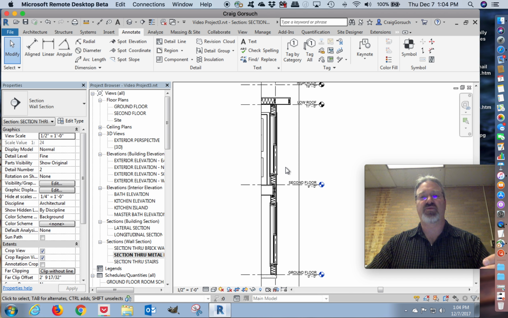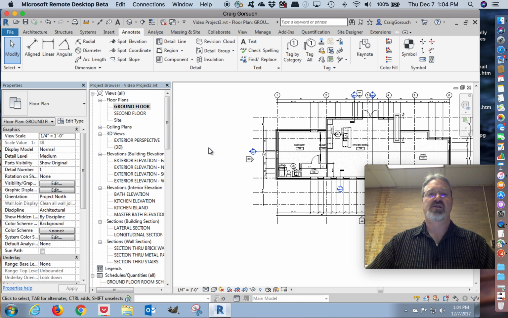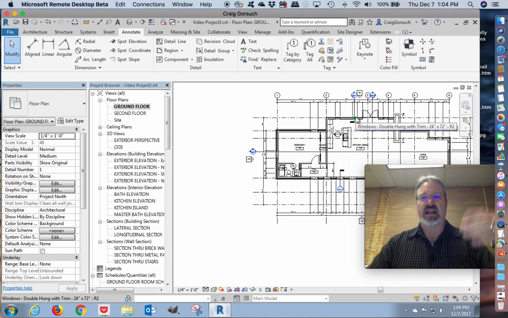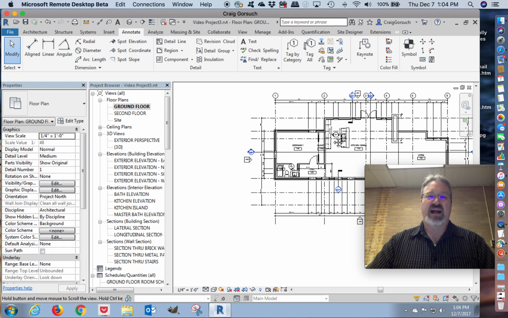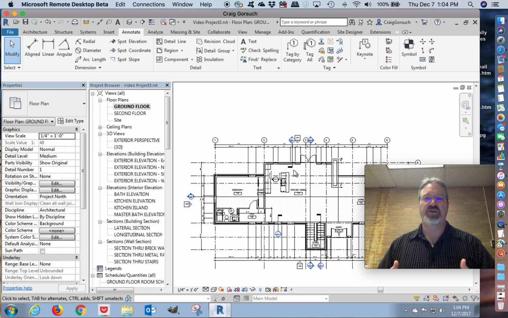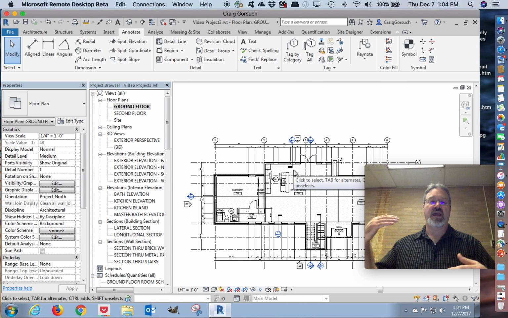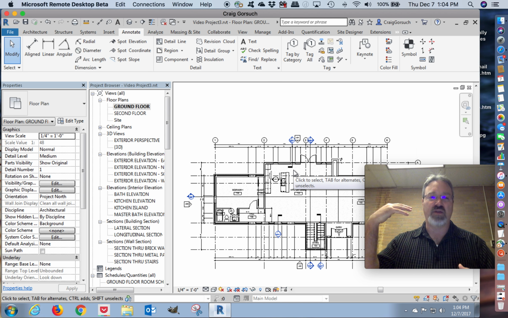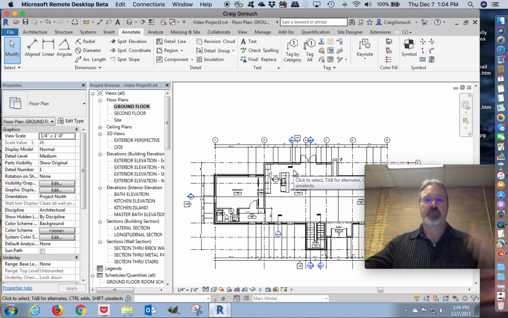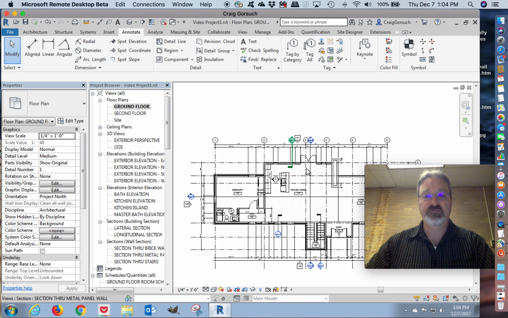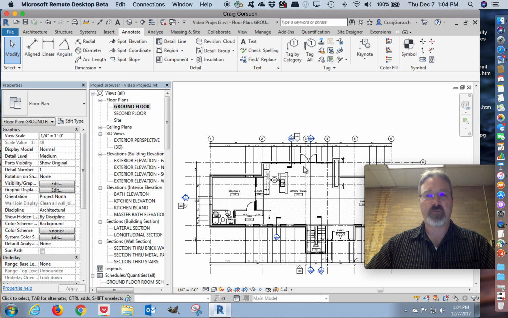But if you remember this metal wall panel, we use this metal wall panel all along here on the back. Well, if this is the back wall and it's going into sort of a backyard kind of area, I kind of want to add some information here. I want to put a back porch on, and I want to put not an awning, but a roof assembly above the back porch. That way, when you walk out of the back door, you don't instantly step in grass. Not everyone likes that. So I'm on the ground floor. I'm going to zoom in,